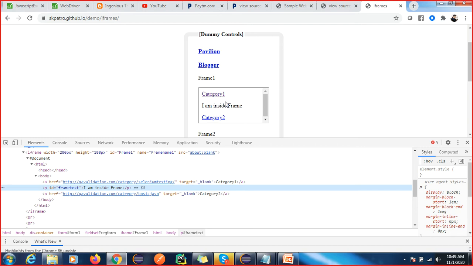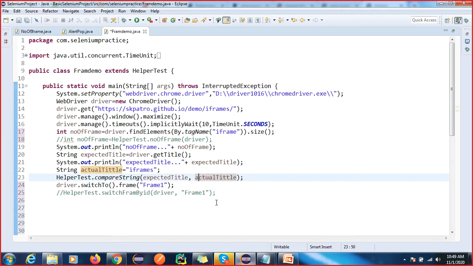By using index, by using id, or by using name. If name or index will not be there, we have to find the element, and that element reference we will pass inside this driver.switchTo().frame. We will pass that reference.